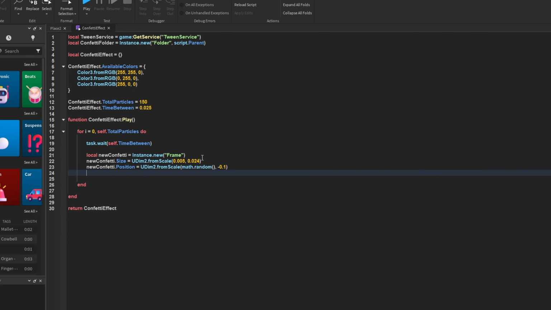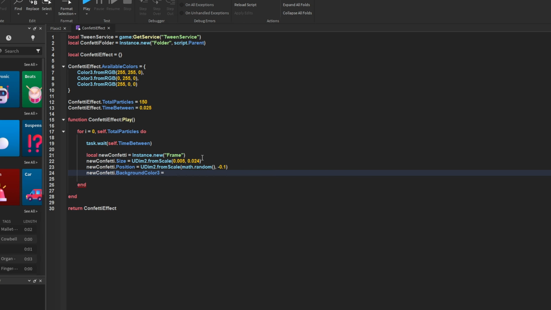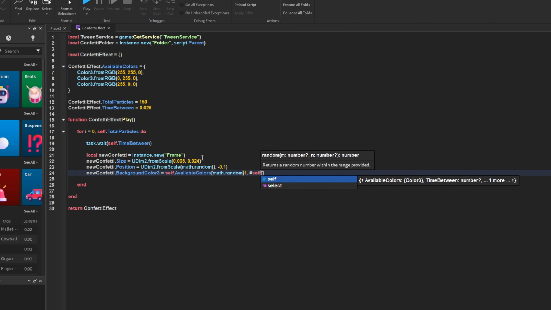Alright, next up we're going to set the color of the confetti. So new confetti.BackgroundColor3 is self.available colors, and then we're going to put square brackets at the end. Create another math.random method in here, and then declare the first argument as 1 and the second as the amount of indices the available colors table has. So